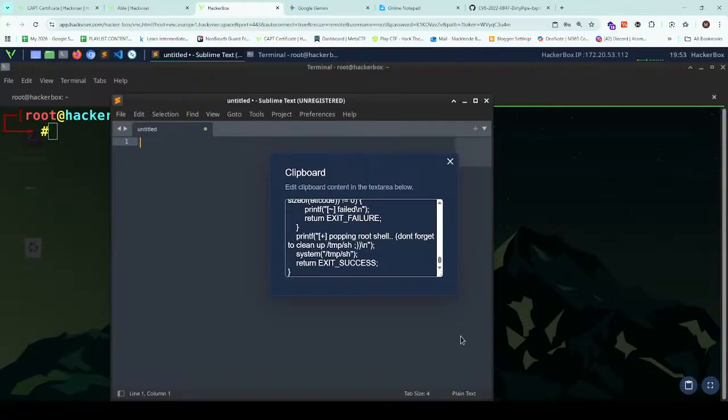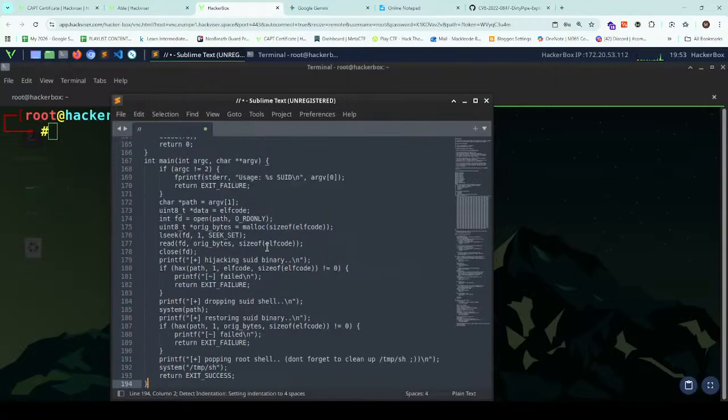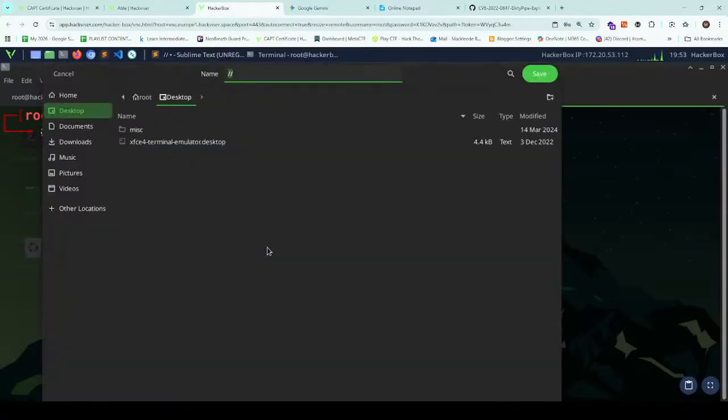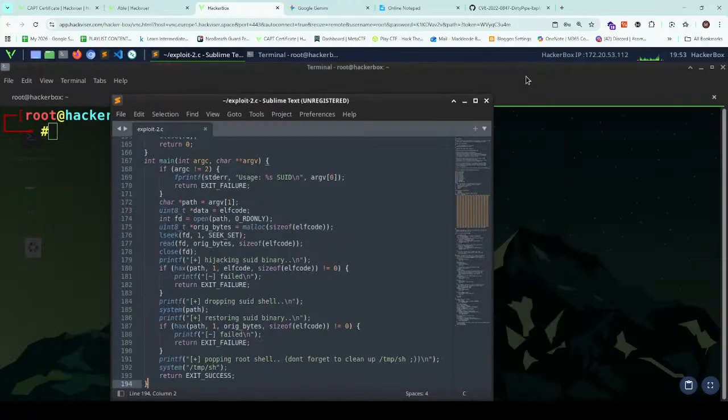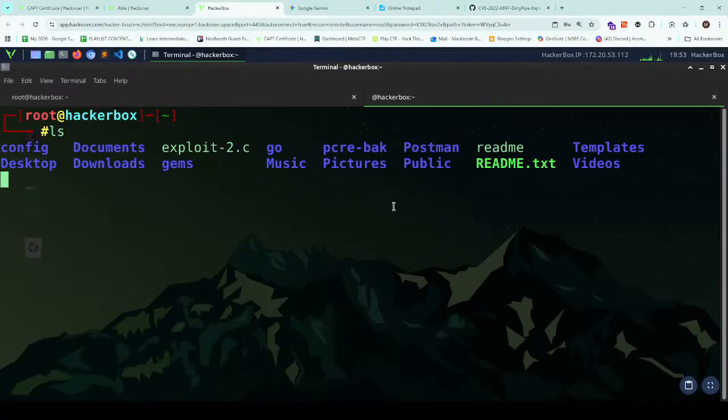Good. Nice. Now we are going to save this in the home directory as exploit2.c. Alright, so now let me ls here. Good, we have it. Now we're going to set up an HTTP server here, and then we will go back